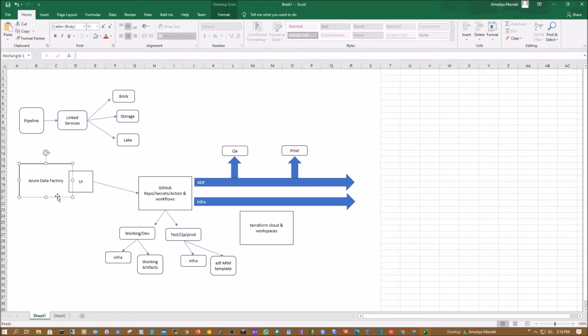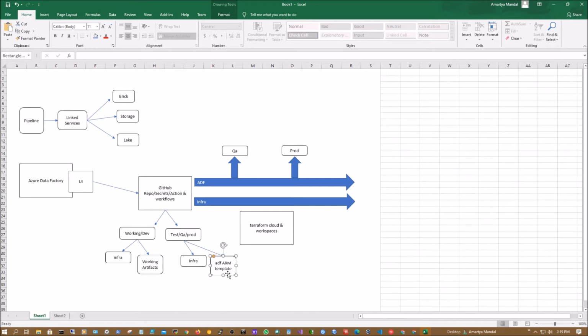Now, when you do save and publish, that will look for a branch which you already configured as publish branch. Now, that publish branch can be test branch, a QA branch, or even a production branch. But the thing is that you have options only to choose one branch at a time when you do deploy. So, if you publish whatever you worked on, Data Factory will look for the working artifacts. It will change or do a little bit of magic there, and then it will give you published artifacts, which again